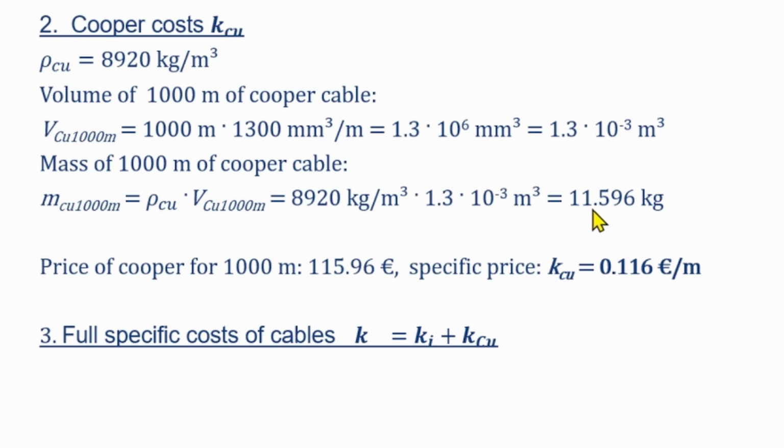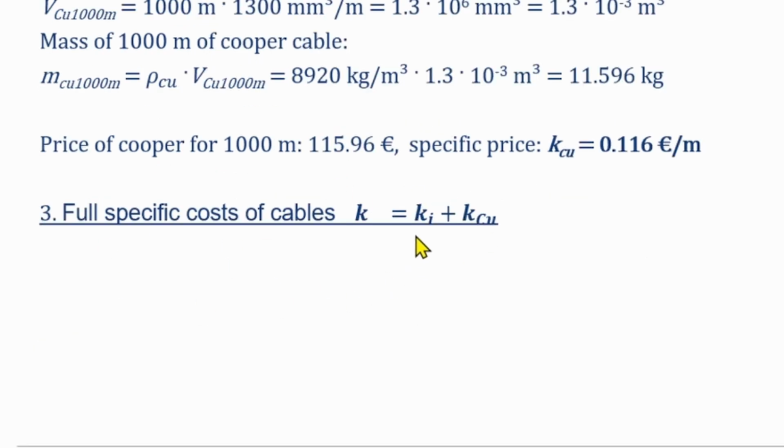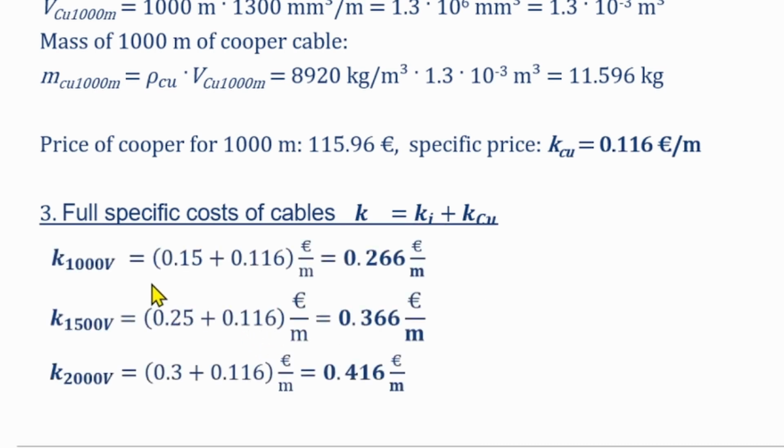So we have this times 10, so we have 115.96 euro for that. And per meter calculated, it's 1.1596, or rounded to about 0.116 euro per meter. The full cost is the insulation plus these copper costs. We have here for the 1000 volts, the insulation is cheapest. Copper price is all the same for all 3 options because we keep the same diameter of the copper wire